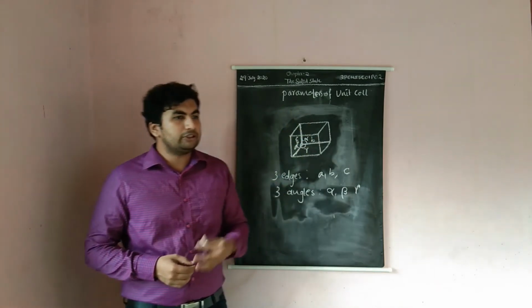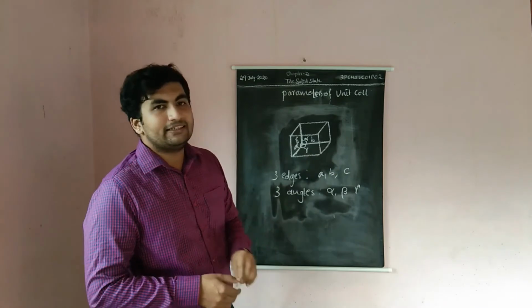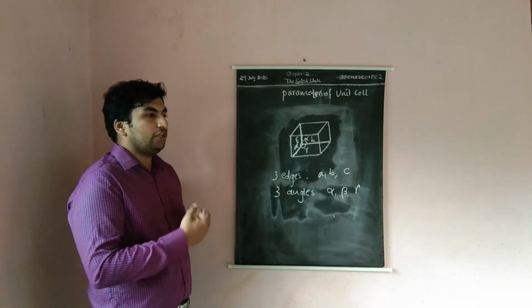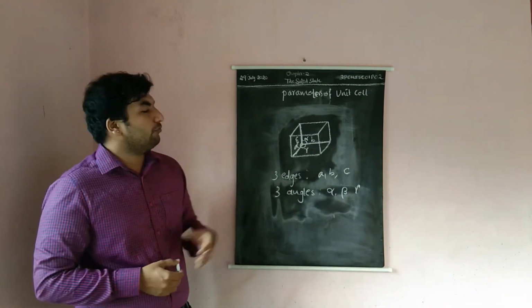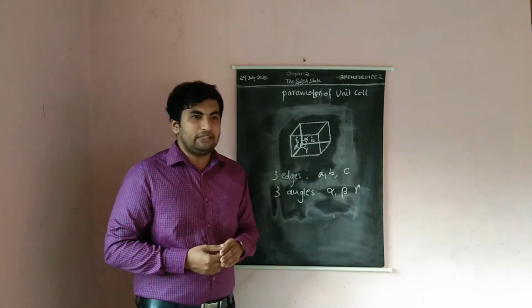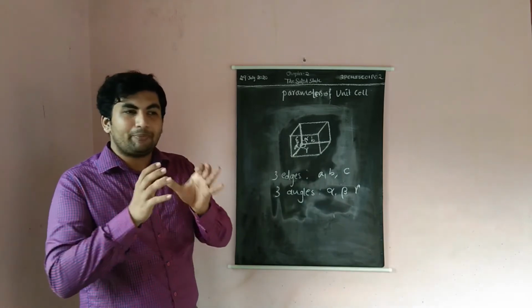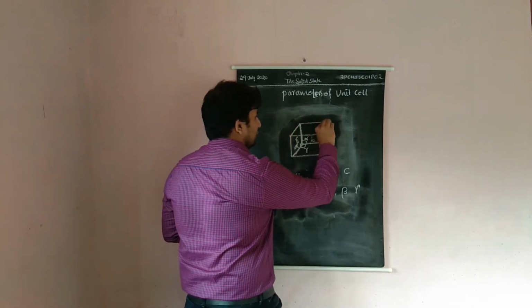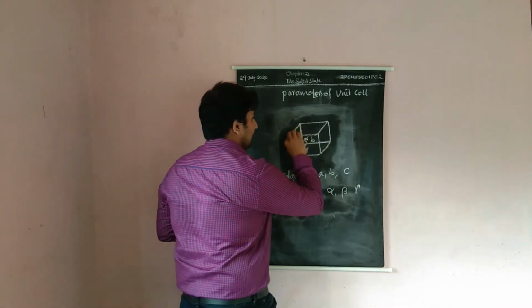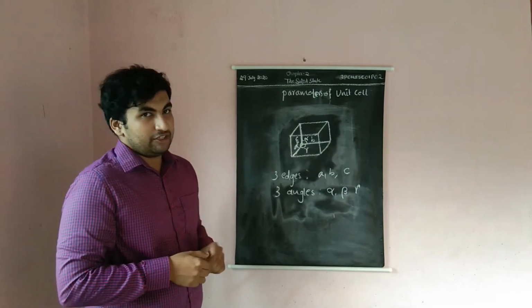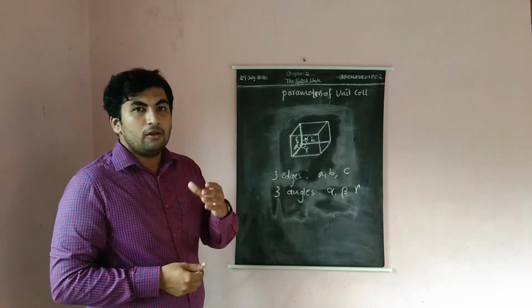So to study the different types of primitive cell, we have to know these parameters of the unit cell. To identify the different unit cells, these parameters are required. Next we will move on to the types of primitive cell. What is a primitive cell? It is a unit cell in which constituent particles are present only at the corner positions, only at the lattice points. That type of unit cell is called a primitive unit cell. Before that we studied centered unit cells. Now we will move on to the different types of primitive unit cell.